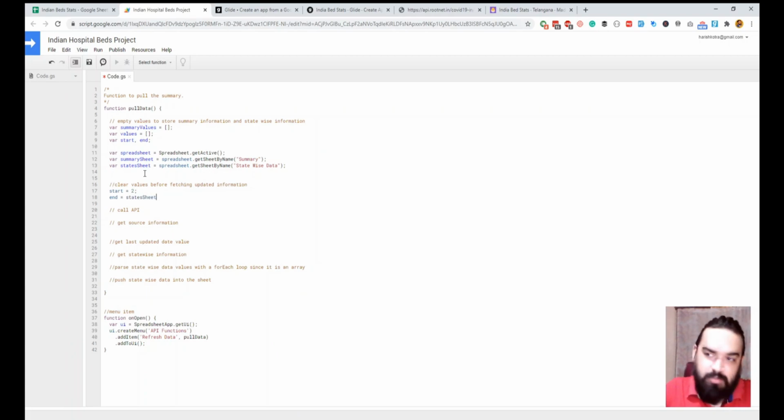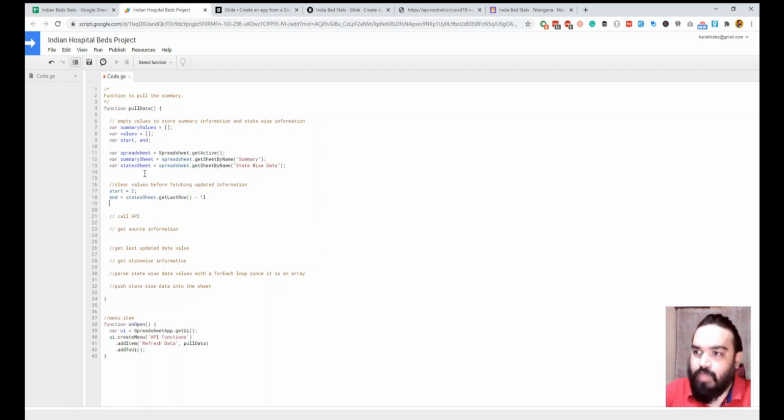So I'm using the start and end only for the state sheet, because for the summary sheet it is just one row. So we'll just delete the first row when we are working with adding data into the summary sheet. So stateSheet.getLastRow and minus 1.